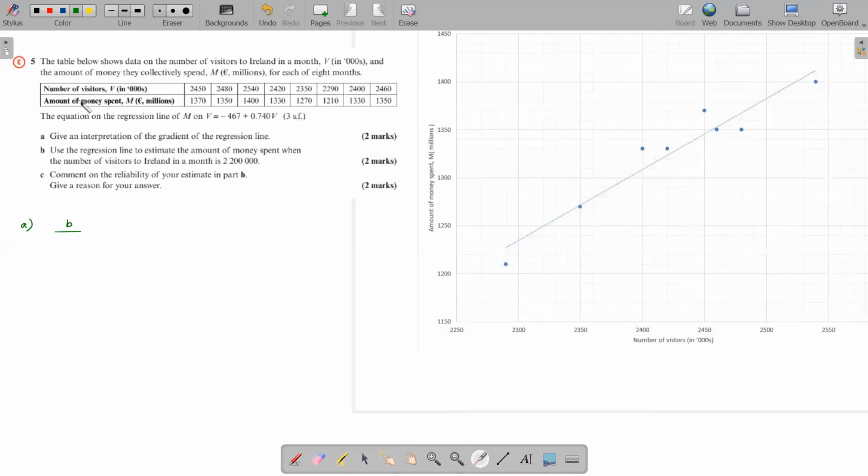X here is the number of visitors, right? So when the number of visitors increases by what? What's 1 unit here? 1 unit here is 1,000. So you should say, when the number of visitors increases by 1,000, the amount of money spent, right? Y is the amount of money spent. So that will, but write down when